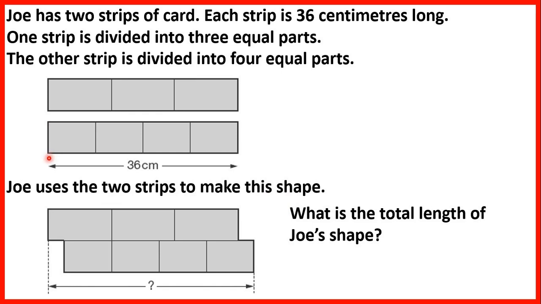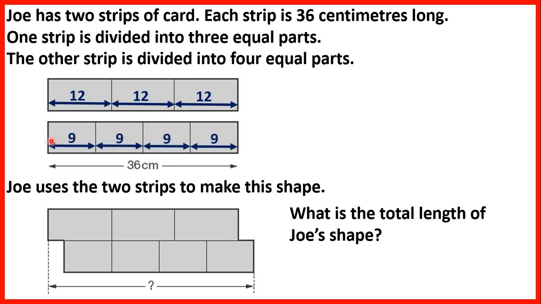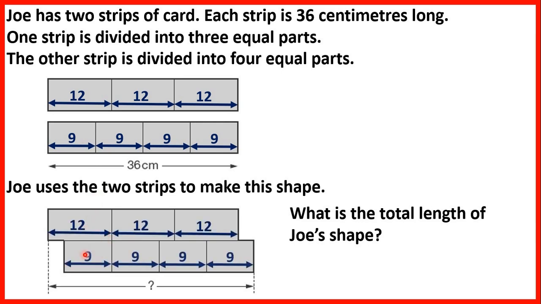So we can see that the length is 36 centimetres. So that means each of these rectangles must have a length of 12 centimetres, because 36 divided by 3 is 12, or 12 times 3 is 36. And these rectangles here must have a length of 9 centimetres, because 36 divided by 4 is 9. So we can write what we know on these